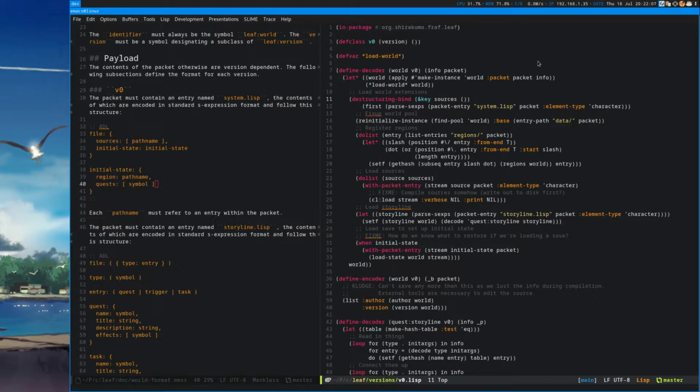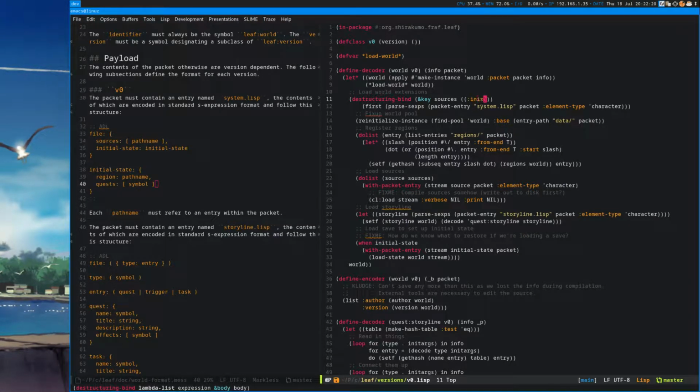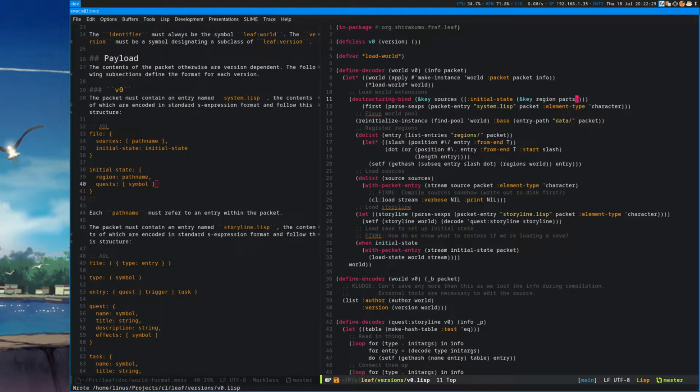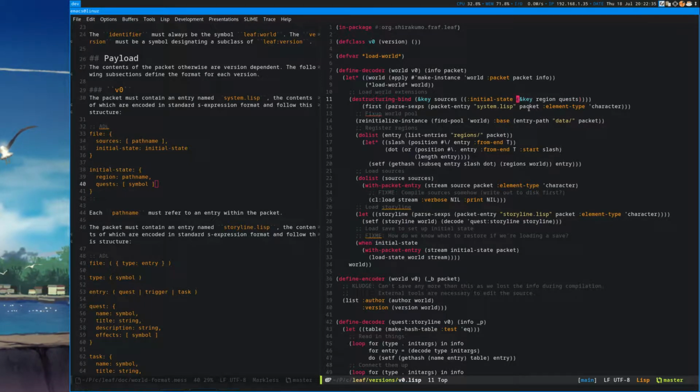Or, no, I'm not sure if ordinary, but you can do it in destructuring lambda lists, so let me remember the syntax for that. I don't recommend doing this, because it's just gross. So I think the syntax is this. I think this is the proper way of doing that.